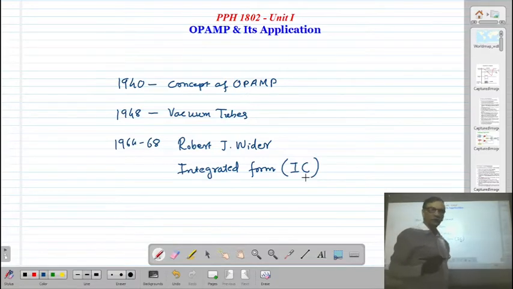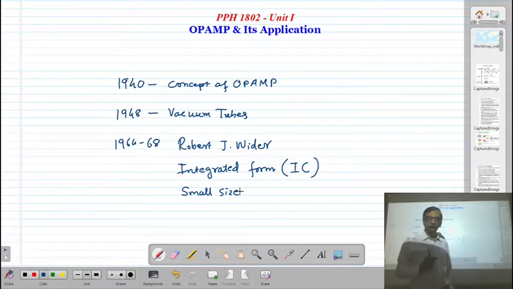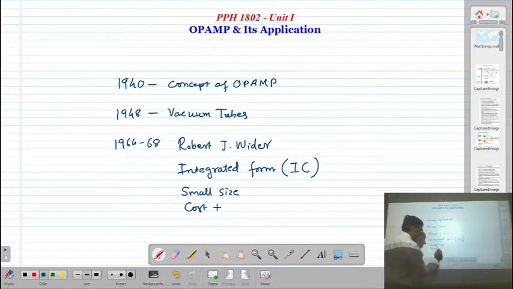So already we know the advantage of the IC, that basically it is of a small size, very small size. The size of the IC, you can say, is the size of a button. Then the cost is less because the IC is manufactured in bulk, so the cost of the IC also decreases. Here the cost is very small. You can say it is very cheap.